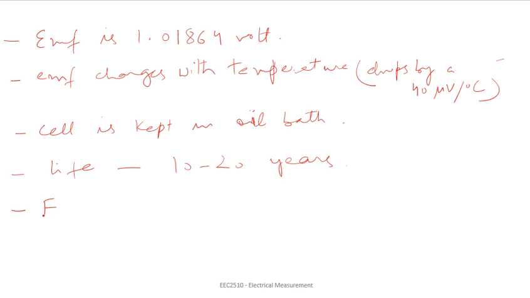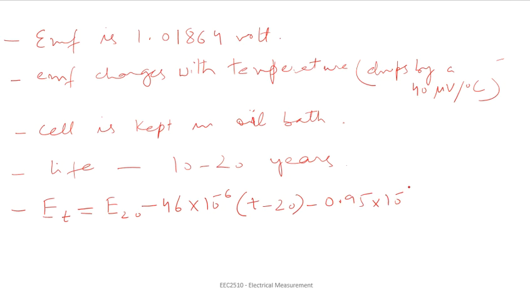It can be written as this: ET equals E20 minus 46 into 10 raised to the power minus 6 (T minus 20) minus 0.95 into 10 raised to the power minus 6 (T minus 20) whole square plus 10 into 10 raised to the power minus 9 (T minus 20)